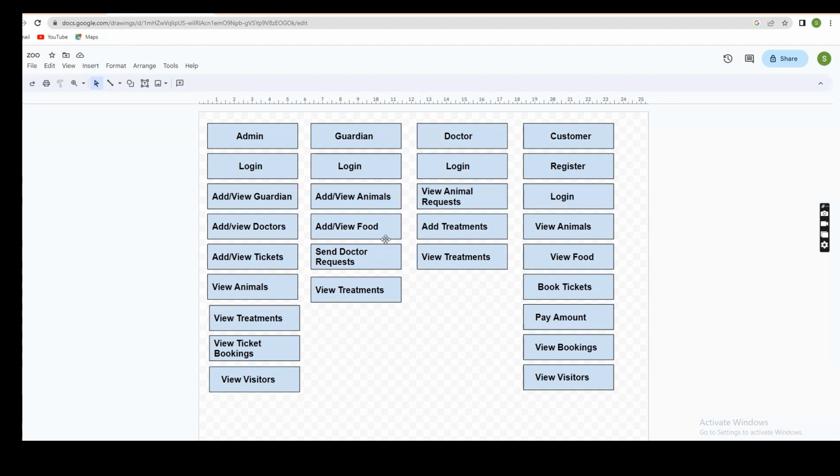the guardian will send the request to the doctor. So now we don't have any doctors, so the request does not exist. So after adding the food, the doctors will log in to the website with login credentials like email address and password. After logging in, the guardians will send the doctor request to the particular doctor by selecting the particular doctor,